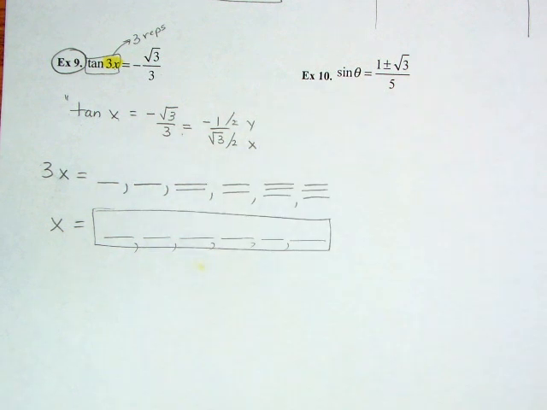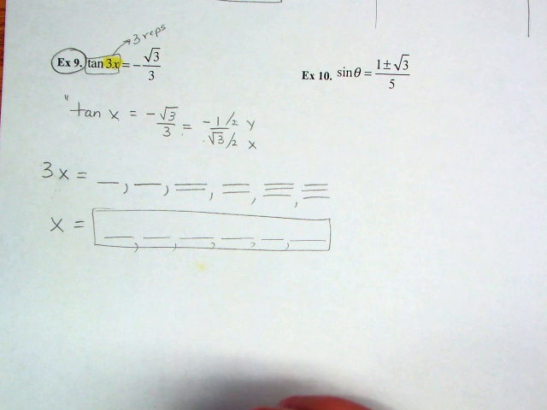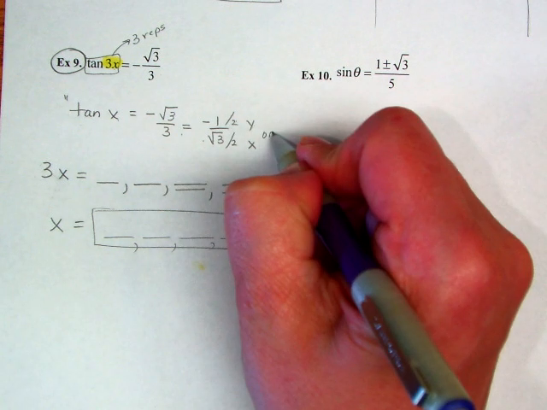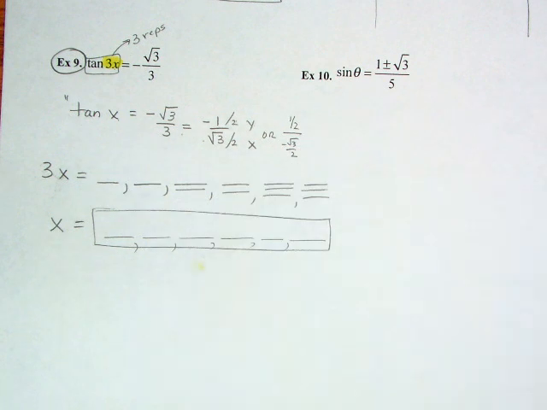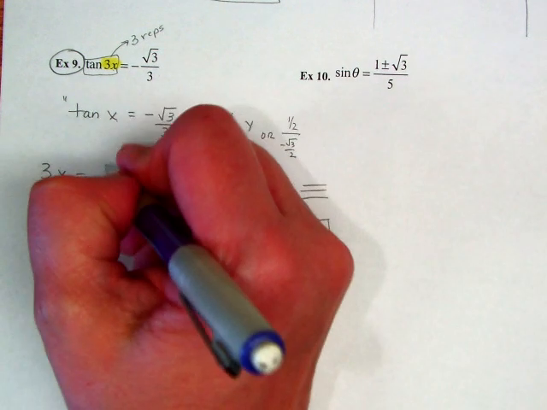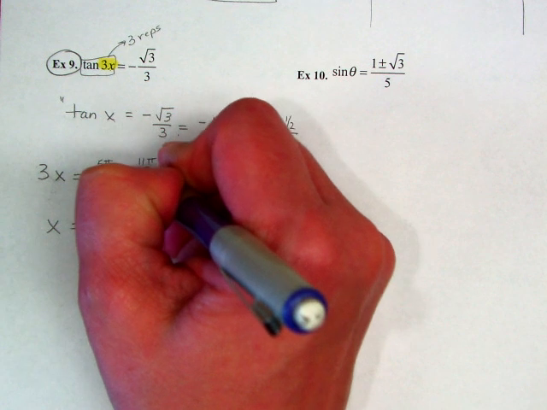I can kind of feel some of your minds spinning about why I chose 2 values. This negative can go up top or it can go in the bottom. So the other option for this would be 1/2 over negative root 3 over 2, which is what generates that secondary point from the last example. So since this is the same, we're going to use 5 pi over 6, 11 pi over 6,